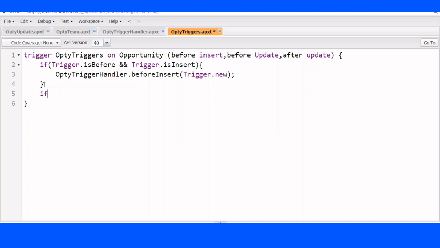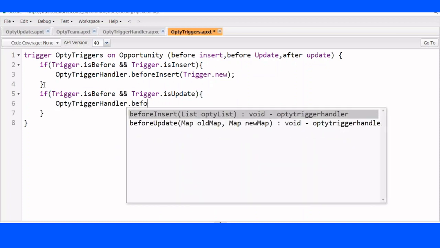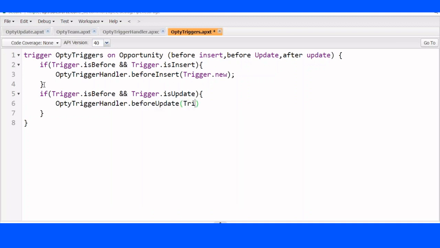Now I am giving here if trigger dot is before and trigger dot is update, if it is a before update trigger, then I am calling class name dot. To run the logic, what should I give? Trigger dot old map, trigger dot new map. I am passing the old map and new map, asking them to run the logic. Then I am giving again if trigger dot is after and trigger dot is update. If it is after update,